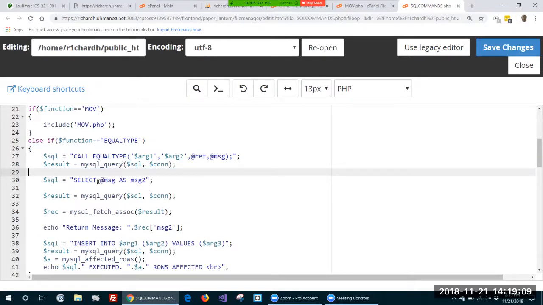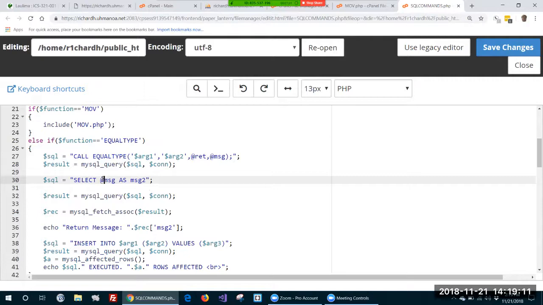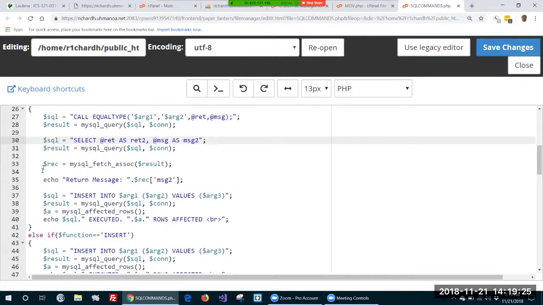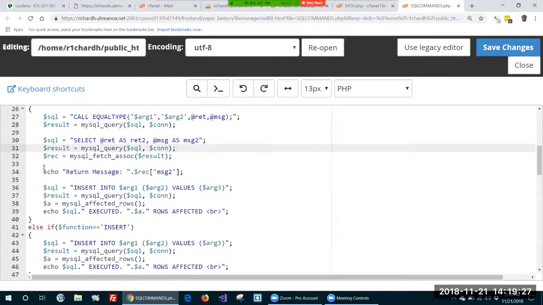And then we want to select return and message. We want to select return RET as, I'm going to call it RET2, just looks consistent, doesn't matter. So that's going to grab them both out, and it's going to execute that SQL statement and fetch the record out. And the return message can be return message at RET equals RET2